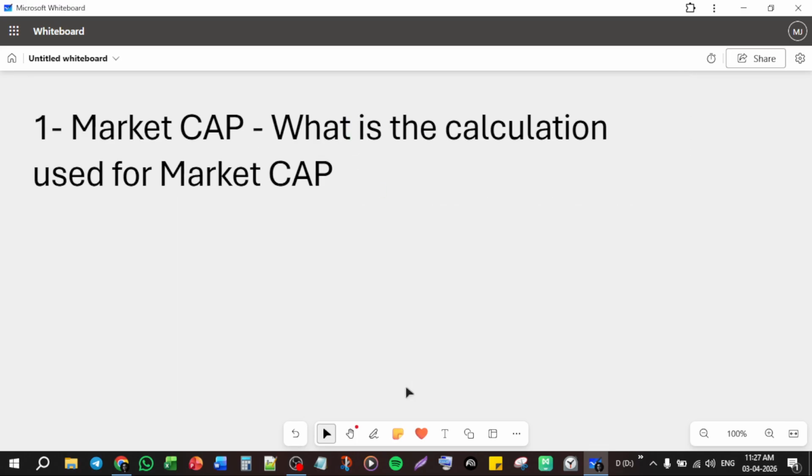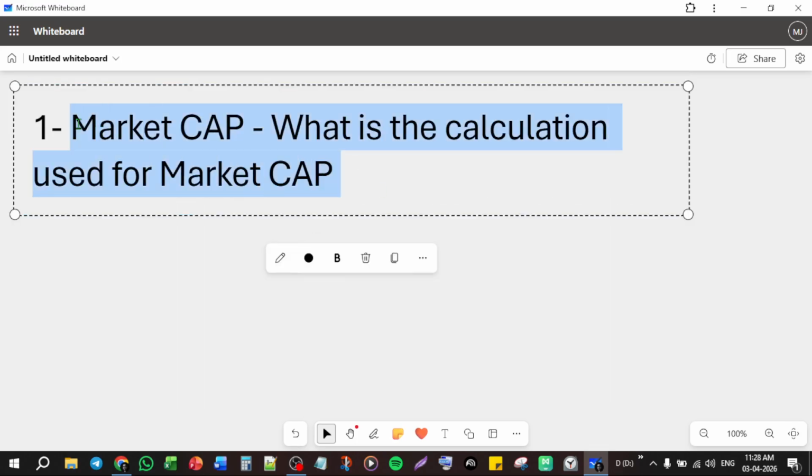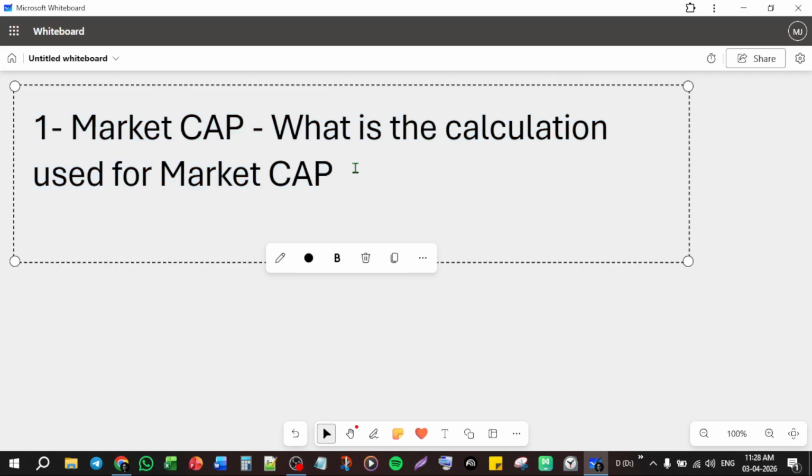Now, some of you may argue with me saying that large market cap shares are very costly. Yes, they're costly, but they are safe at the same time. I believe safety comes before profit. Second, I want you to understand a simple term: what is an asset and what is a liability.